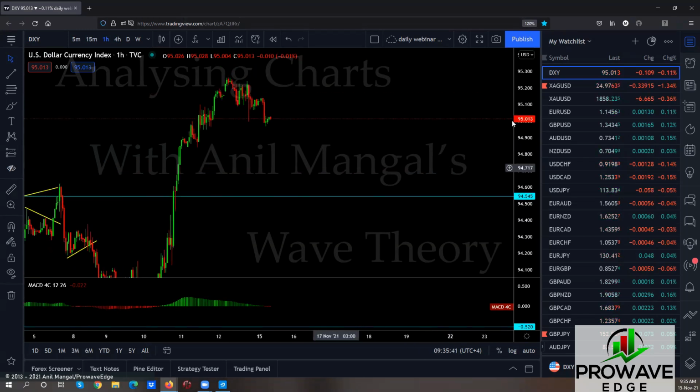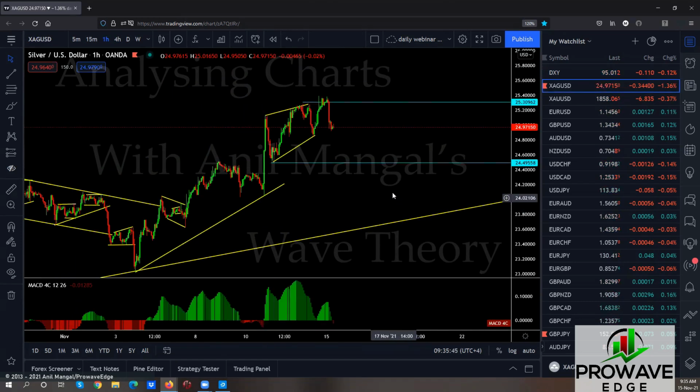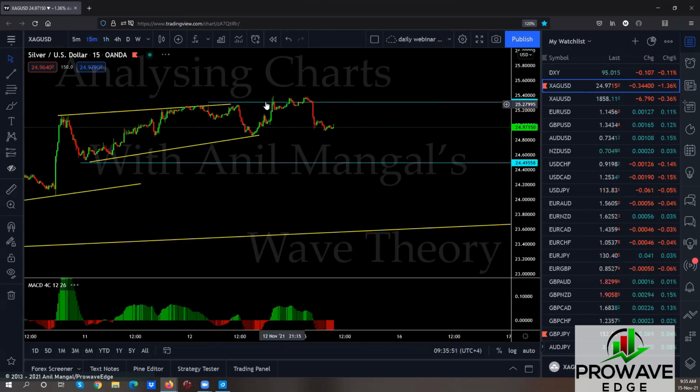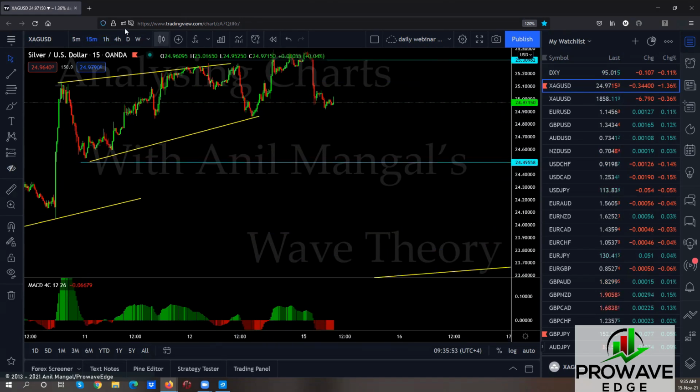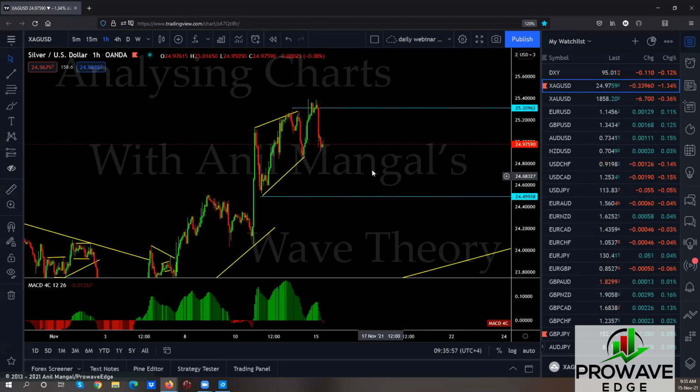I'm looking for a sell right now. Silver, I'm looking for a buy in silver. So we had a buy here on Friday. Actually, the buy was lower, but this is where you would normally put it if you're trading on the 1 hour. So let's say you took that buy, you got it for positive in that buy, closing the trades.